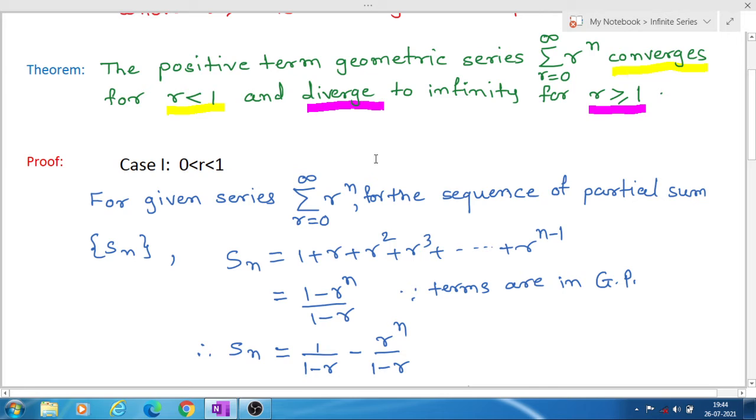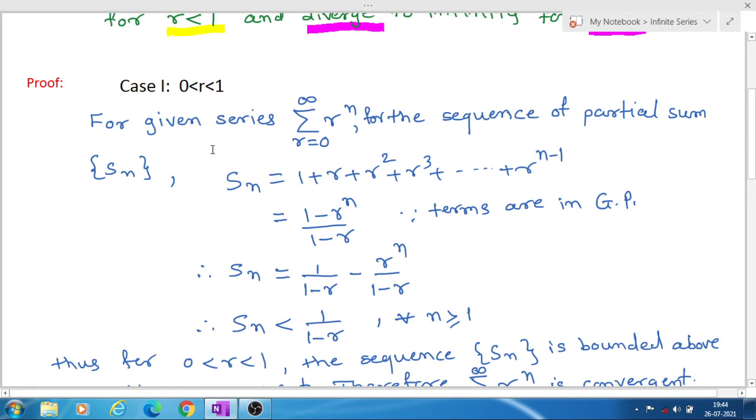So there are three cases: r less than 1, then r equal to 1, and r greater than 1. Let us see the first case, that is r less than 1. Obviously r is greater than 0 because we have taken a positive term series. So for this given series summation r raised to n,